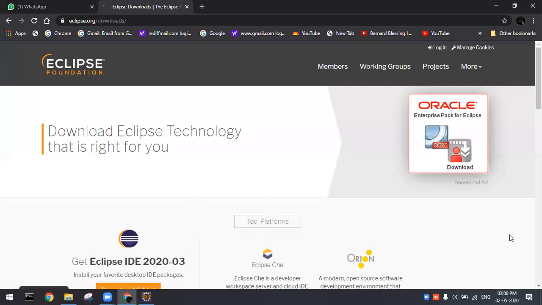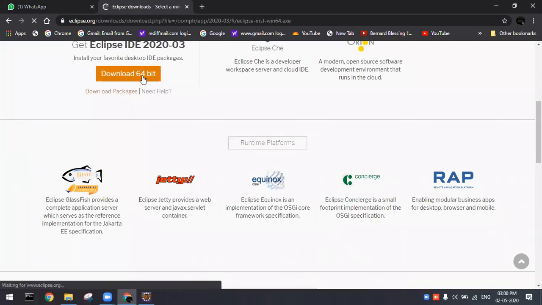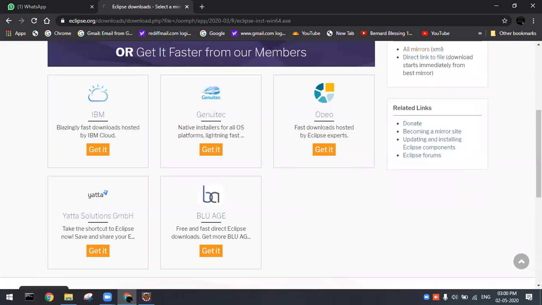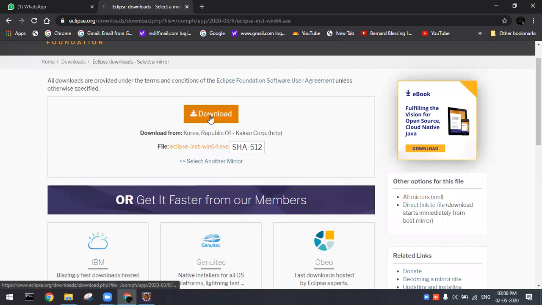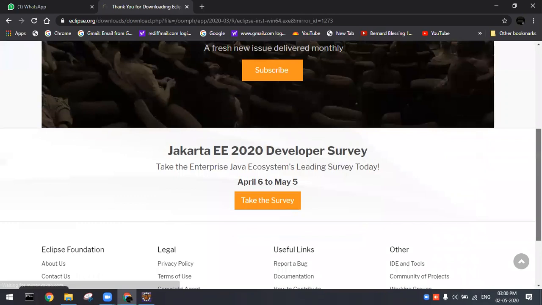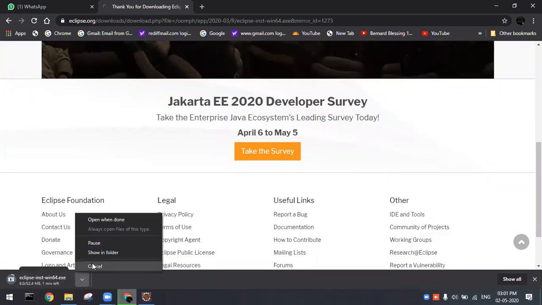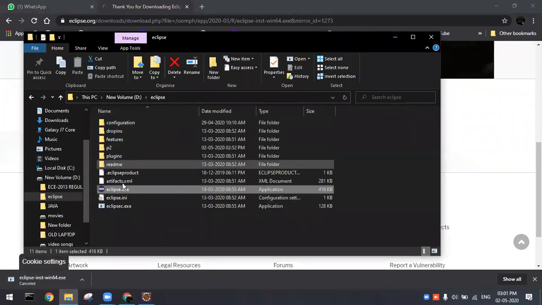So you have to download the file based on your system requirement, that is Windows or Linux, whatever it is, the platform 64-bit or 32-bit. So go to that particular site. Okay, so there you will be having the Eclipse package. Okay, I have installed this, so that is why I'm just canceling now. So you'll be getting a zip file. Okay, after downloading the zip file, just extract it, you will get these files.